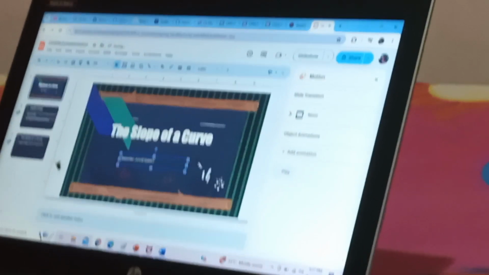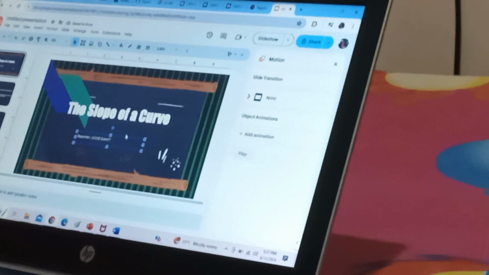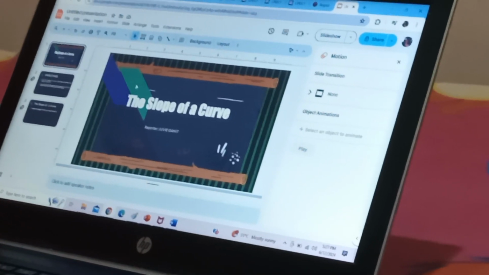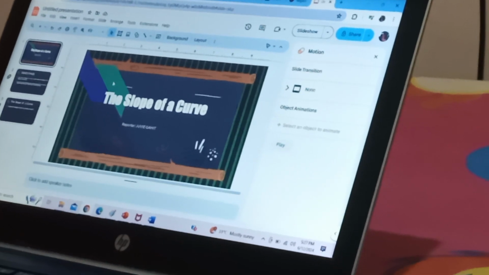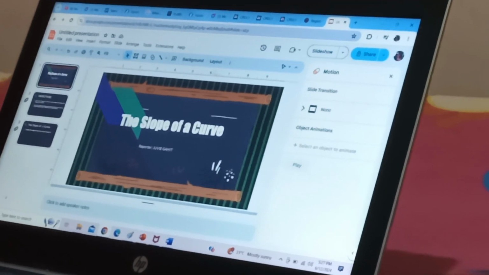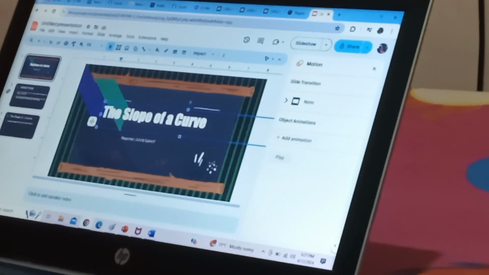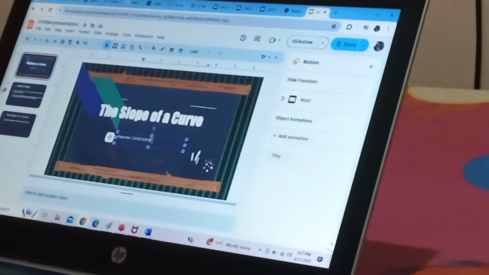Here, since I accidentally changed the theme, I used the format, change this text.